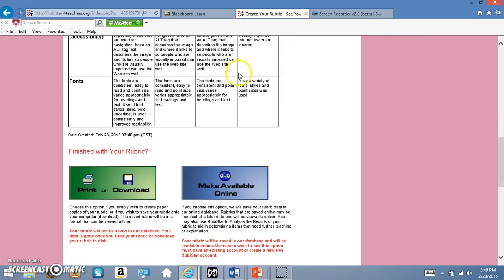When I scroll down, it says finish with your rubric. You have these options here. You can print or download, or you can make available online. If you print and download, your rubric will not be saved into the database. Your data is gone once you print your rubric or download your rubric to a disk. If you are wanting to